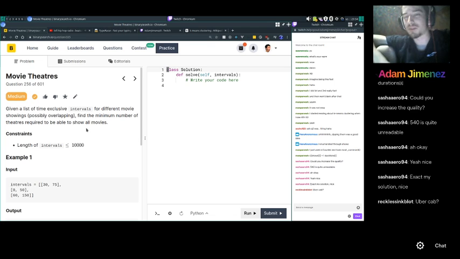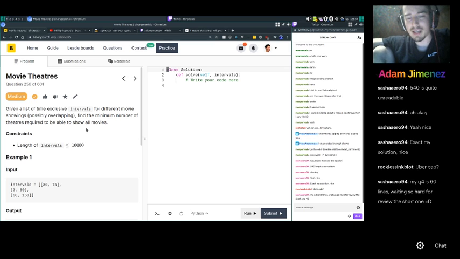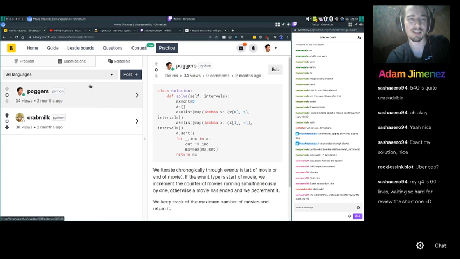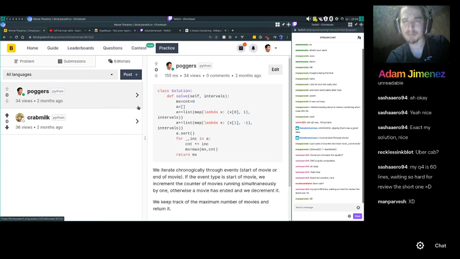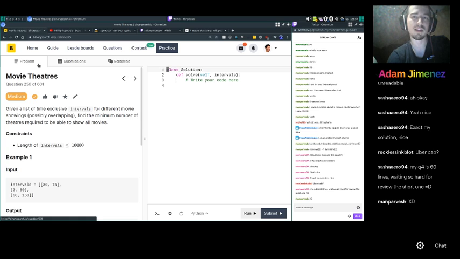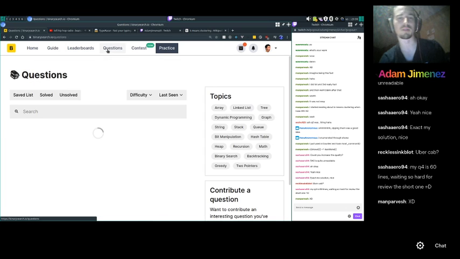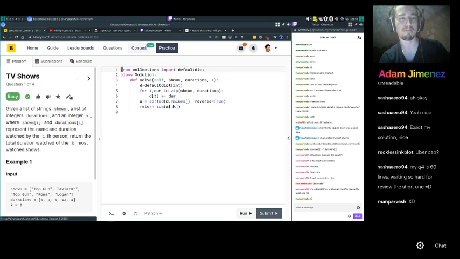So this question is actually simpler than the one asked during the contest, but it's a medium, so that's quite interesting. But the logic is the same if you look at this one. You spread out the intervals into the starts and the ends. I'm gonna go back to the contest first.